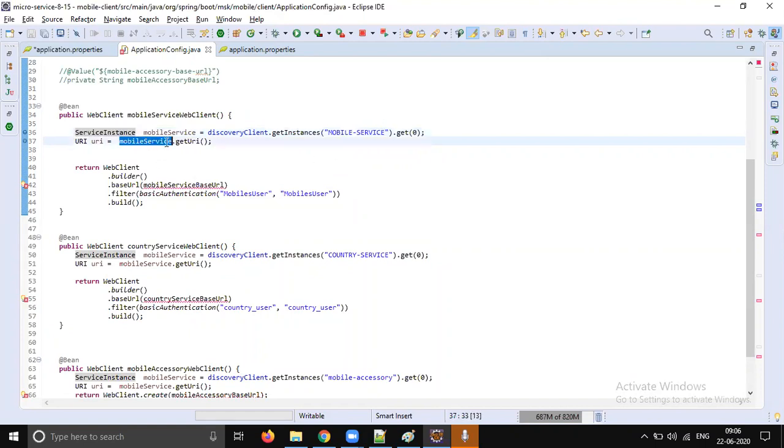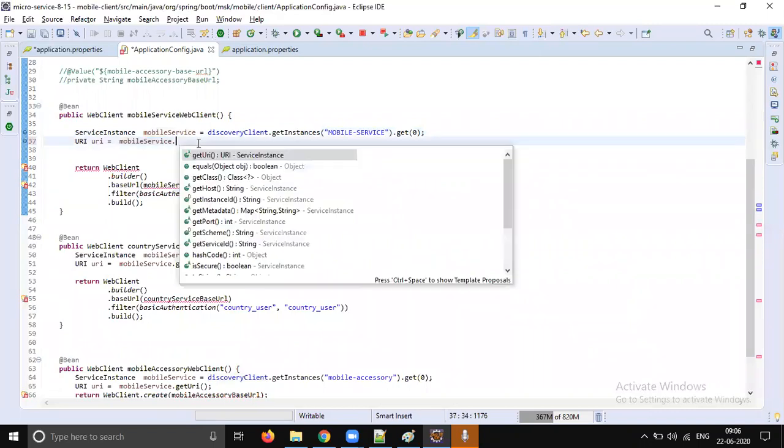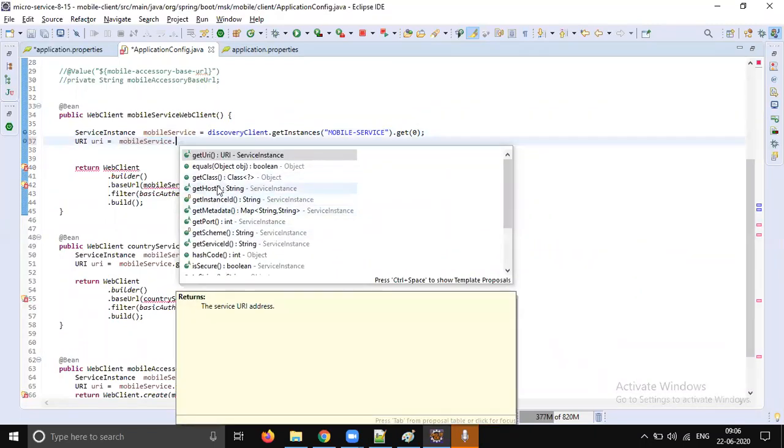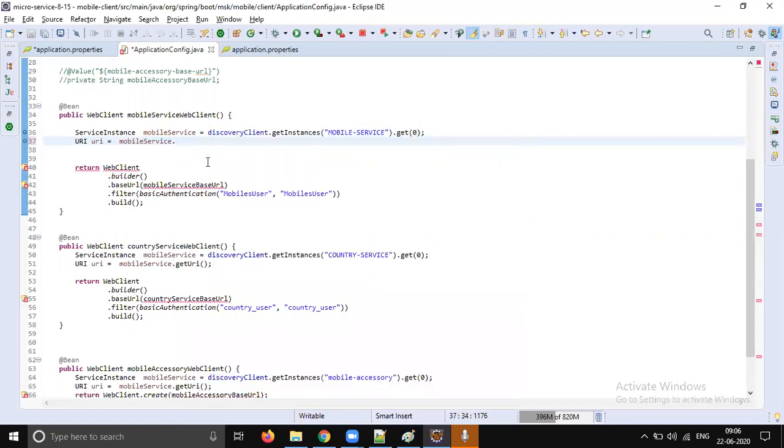By using that service instance, you can know where that service is running: what is the host, what is the port, and what is the URL. So what is the host where the service is running, what is the system name, and on what port that particular service is running. URI is a combination of host and port.